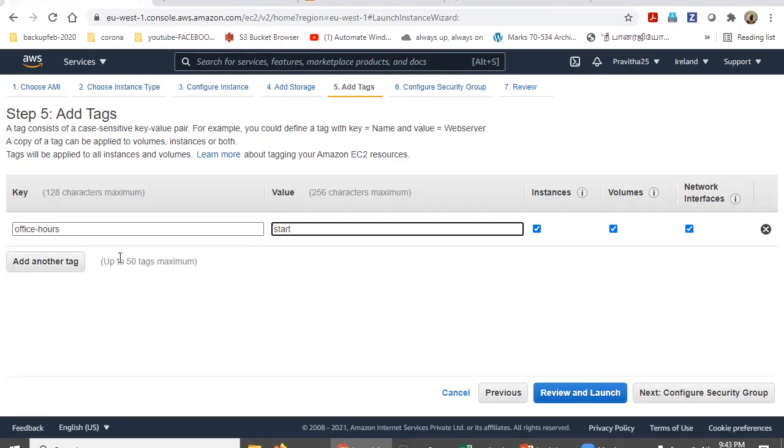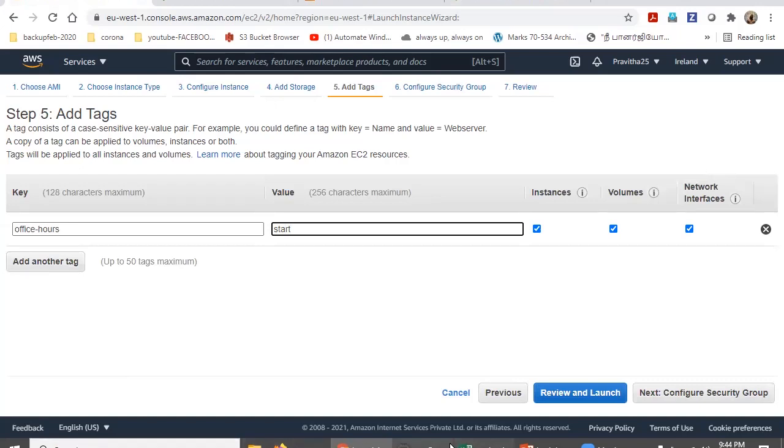So what will happen is, whenever the Lambda is executed every morning, it will check all EC2 instances. Even if you have 100 instances, it will check all of them, and whatever instance has this relevant tag, it will make sure to start all those instances automatically. You no need to keep monitoring everything. We will keep adding how to trigger alerts, how to stop it, and more, one by one in further sessions.